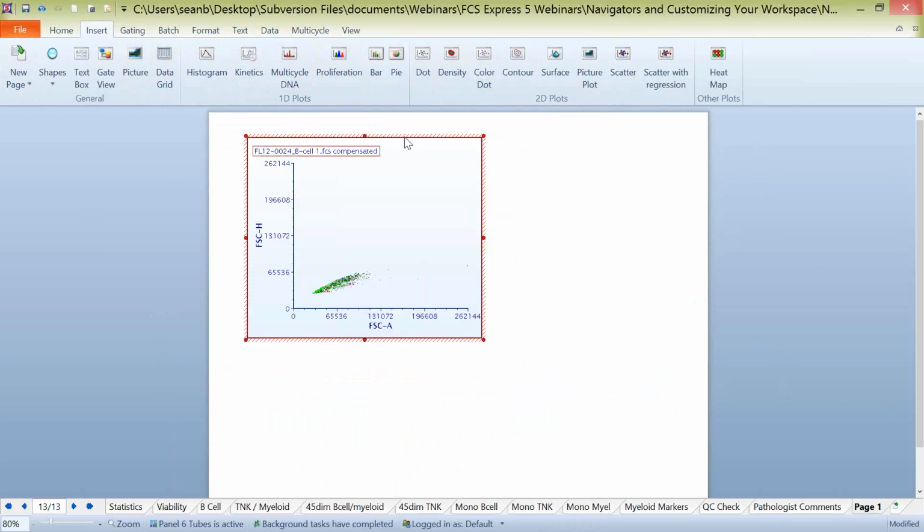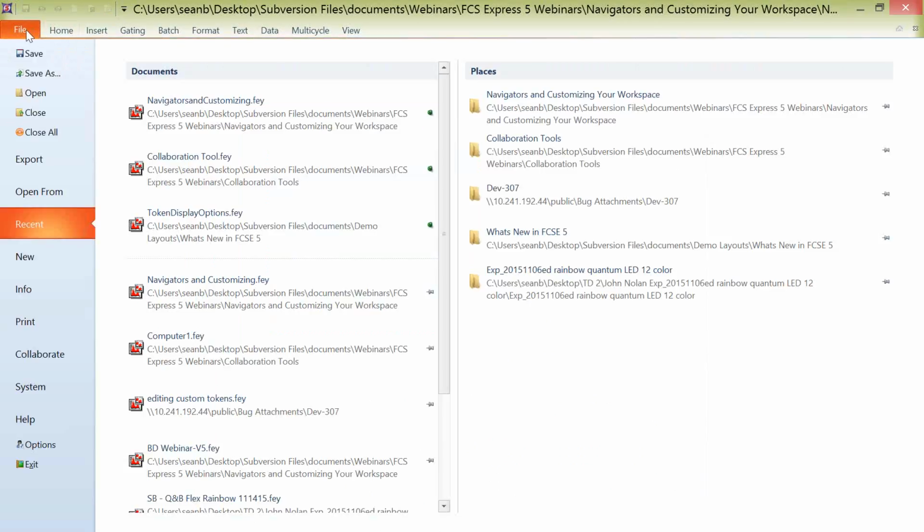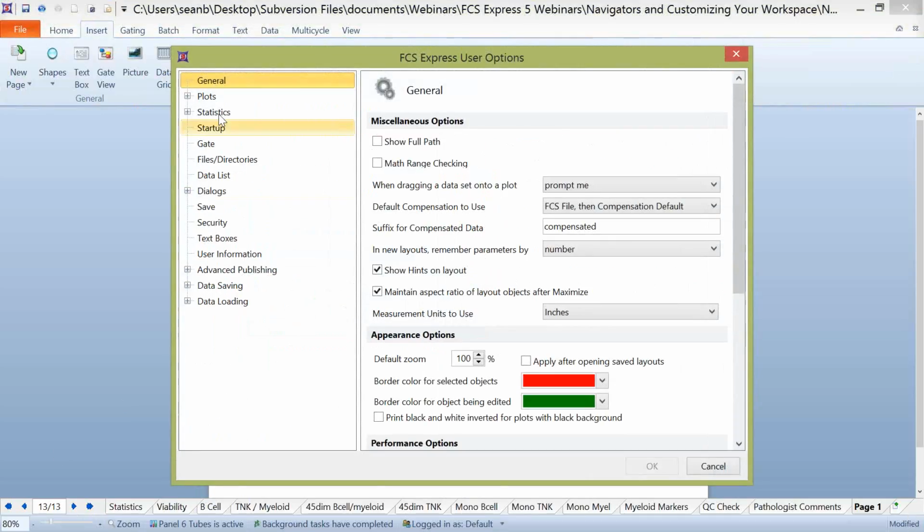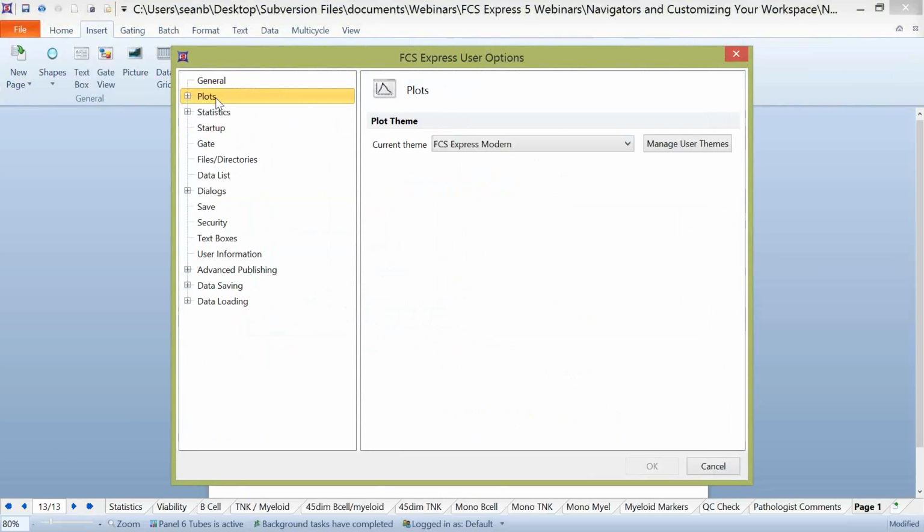This particular plot is called the Modern theme in FCS Express, and you're able to select this by clicking on the File tab, Options, and coming into the Plots section. And you can see here that in the plot section, we have a dialog for plot themes. And plot themes are, again, a way that you can remember all of these